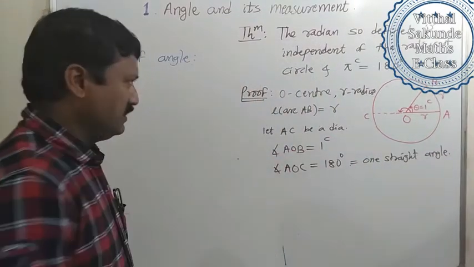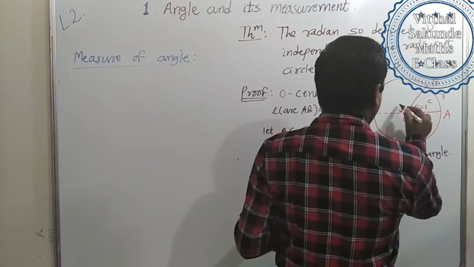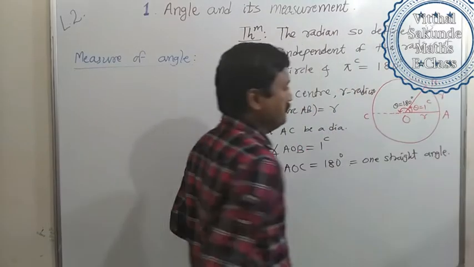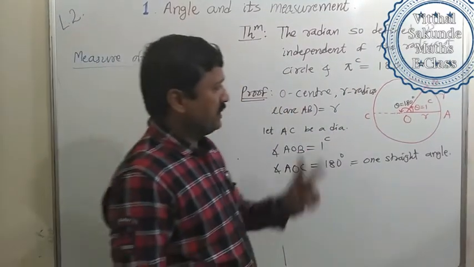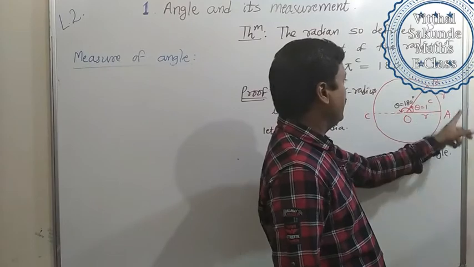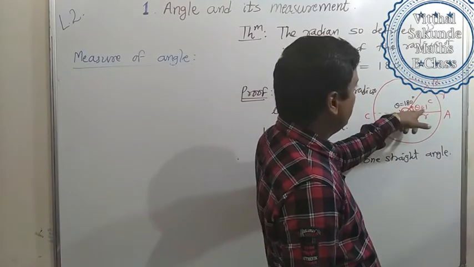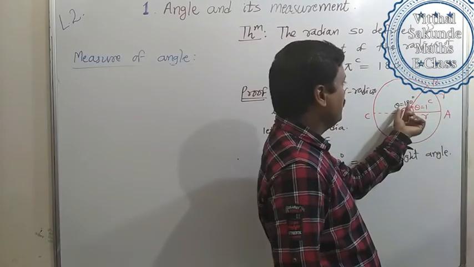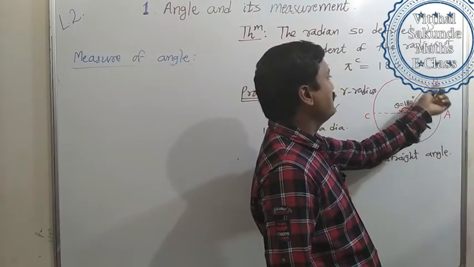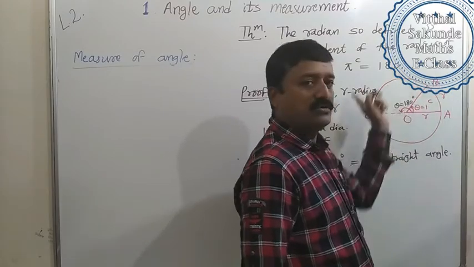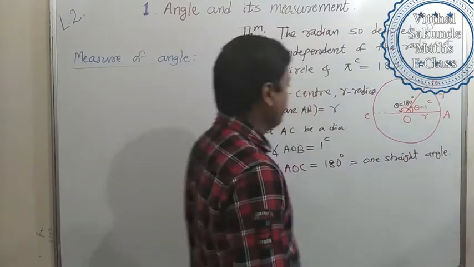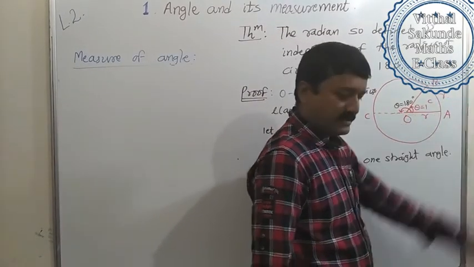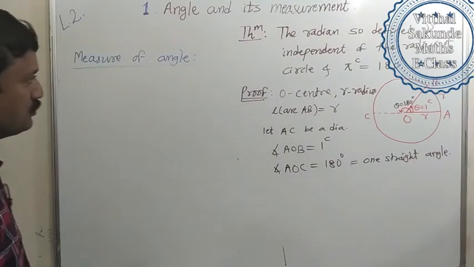Okay. Now here this theta, another theta is equal to 180 degree. Now in this figure we have two angles, one is angle AOB and angle AOC. This theta is equal to 1 radian, when the length of arc AB is equal to R, and for this theta equal to 180 degree, the length of arc ABC is equal to the half circumference of the circle. So this angle is related to this radius. So can we take the ratios of those two?